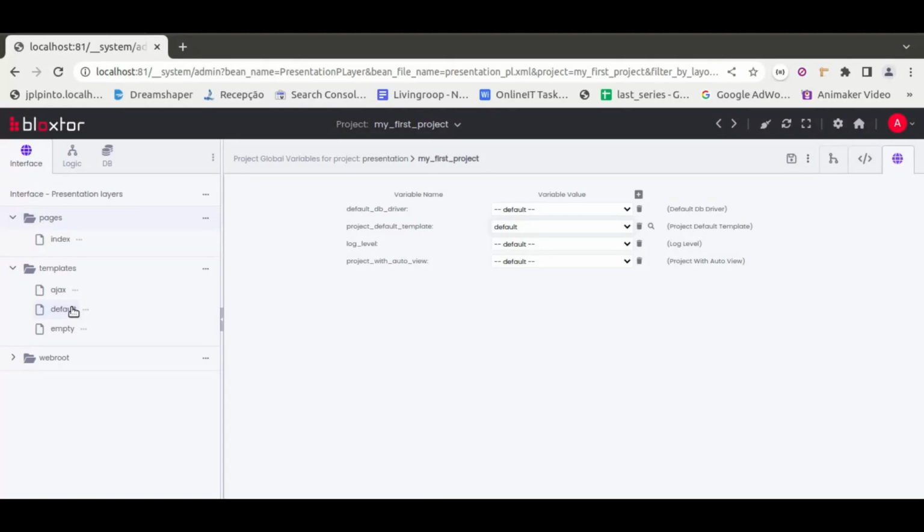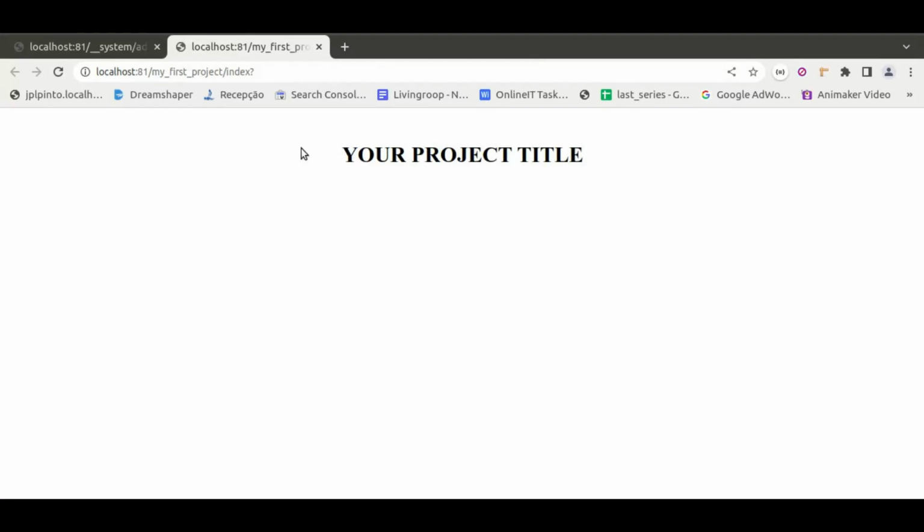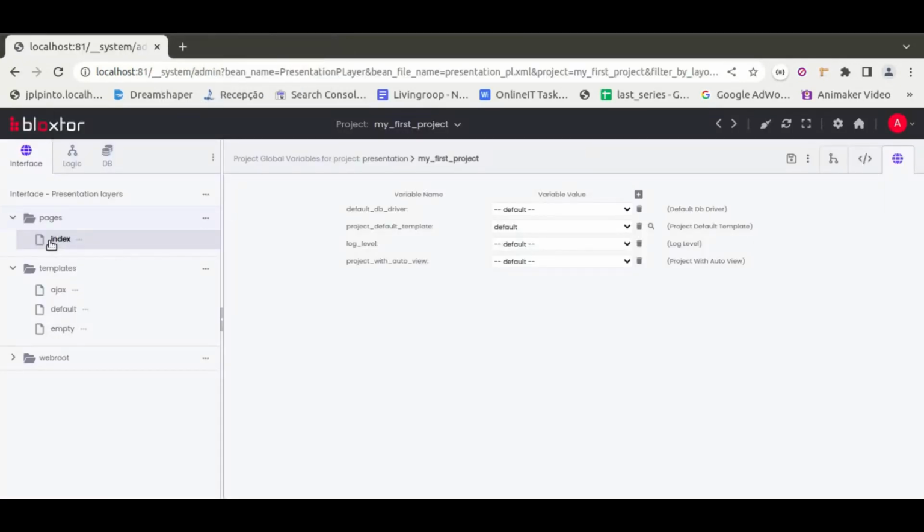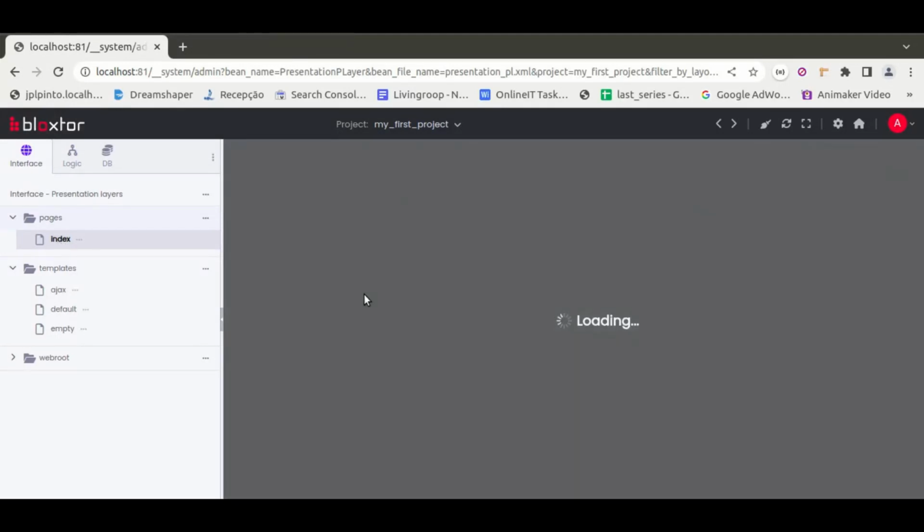Okay, so first thing that we will do is create some metadata in the pages, then create the view that will use that metadata to show it with HTML, and then show that HTML inside of a template. So first thing, let's see what this page has currently. Basically it's just calling this template, which is a very basic thing, which just has one sentence. And now we want to click in the index page,